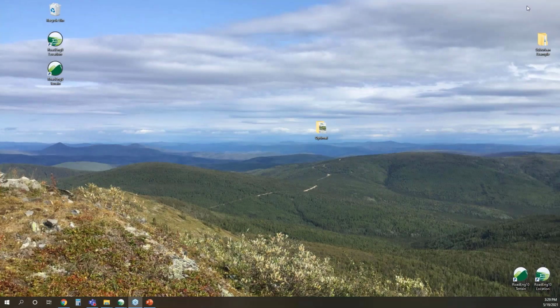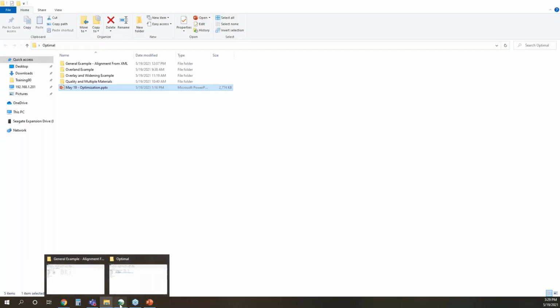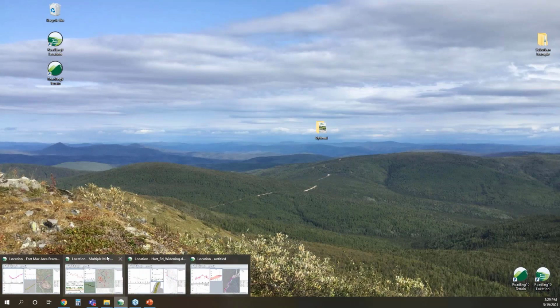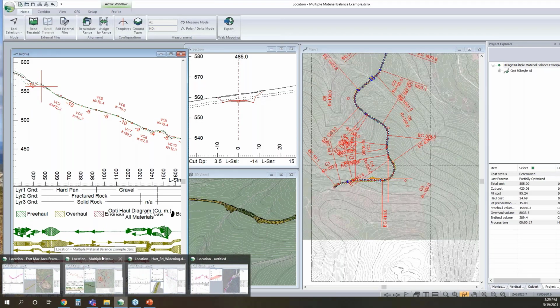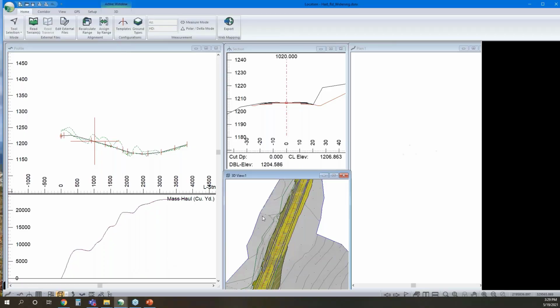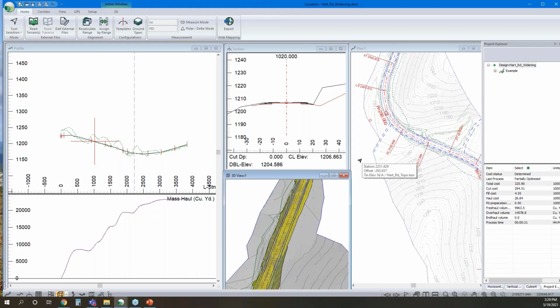And then the last thing I wanted to show is kind of contrary to what I introduced, as you need the ability to move your alignment for it to be useful. That is true if you're looking to optimize. Oftentimes folks doing overlays and widening jobs will still want to show vertical curves and have an idea whether they're adhering to their design parameters for their said road. So we could use the optimizer kind of in a funny